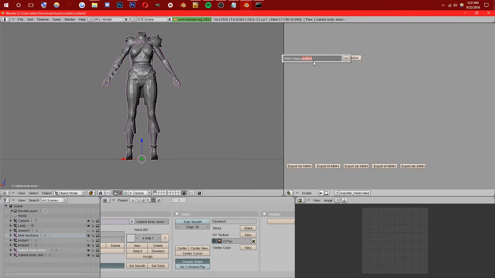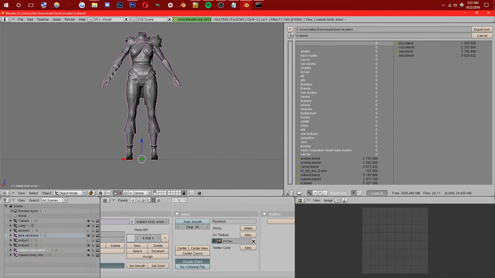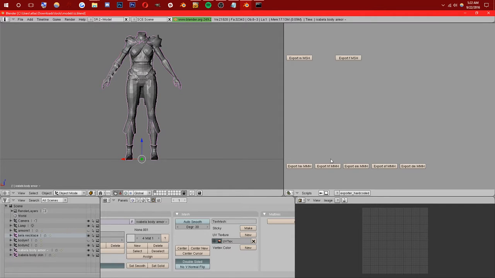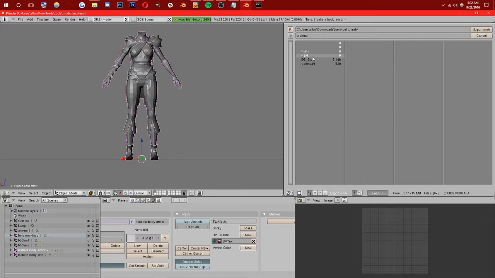Export mesh. So I'm going to name it BDY is okay. Go to XML to MSH and save it as BDY is .msh.xml. Export mesh and then export HF. Alright, BDY is MSH. BDY is